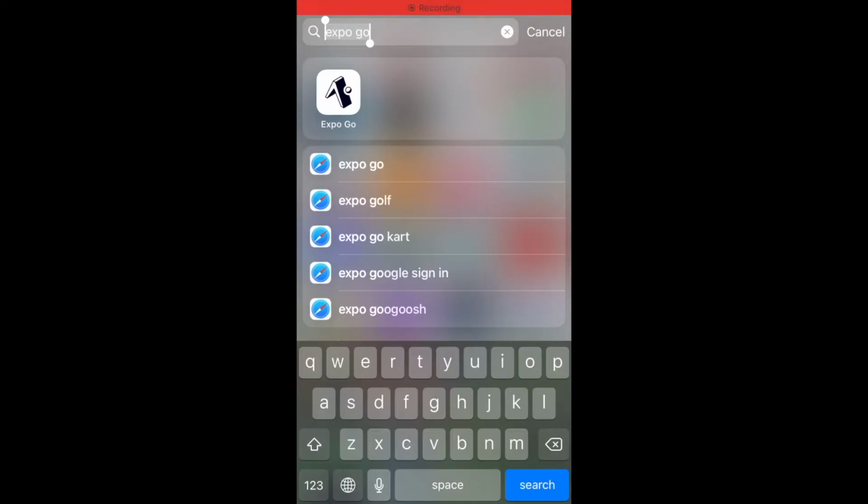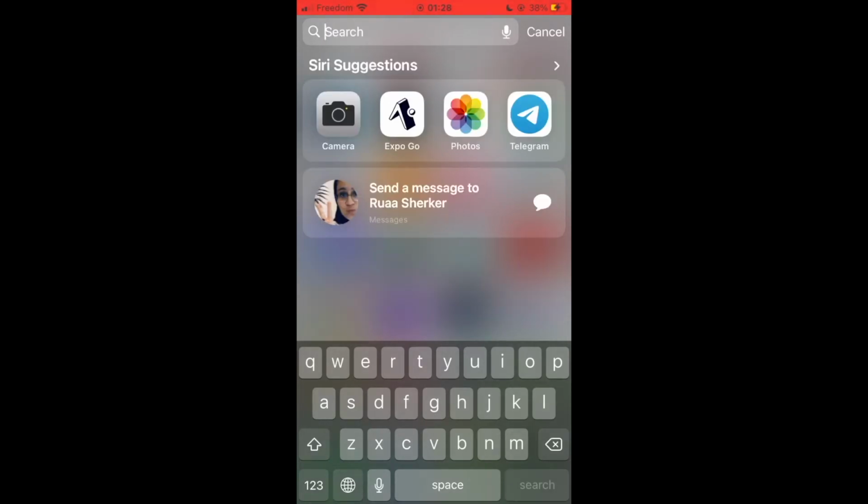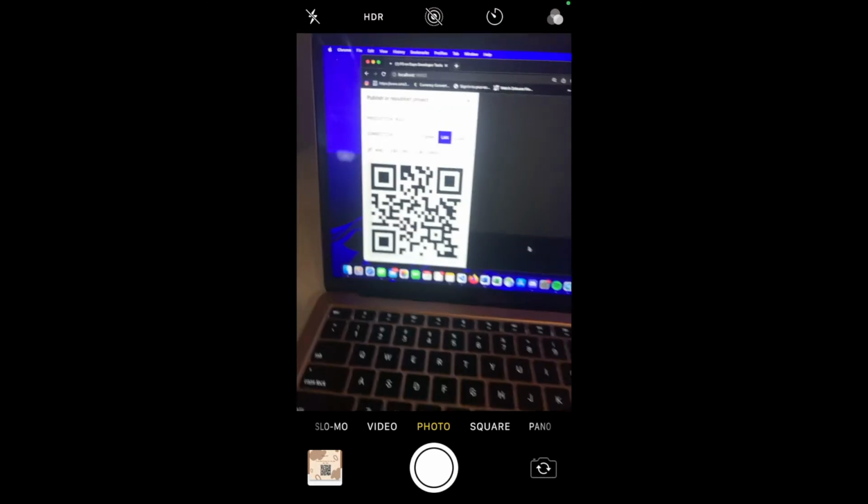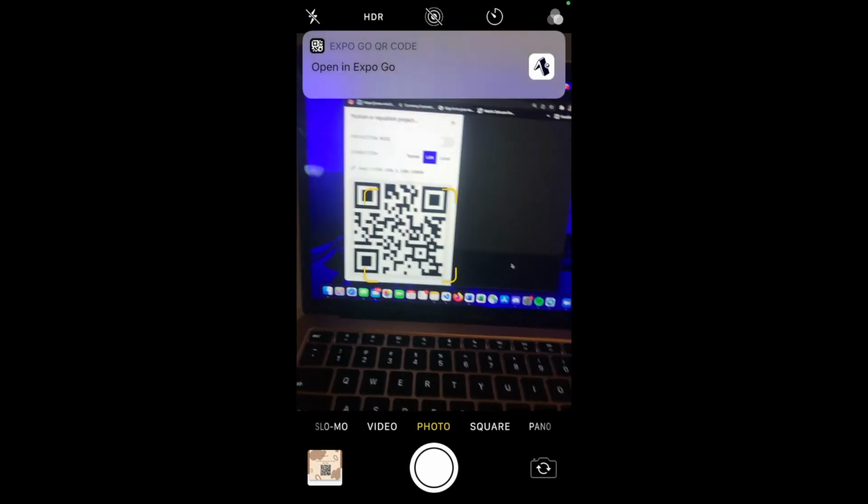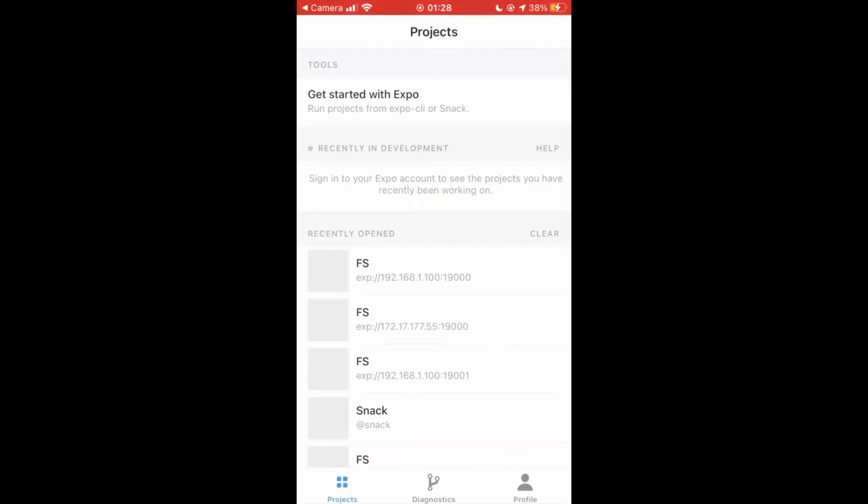Here is a screen recording of my phone. I am showing you the Expo Go app, which is an app you can download, and scan my QR code of my project to deploy my project on your device. Here I am opening up my QR code and launching my project into the Expo server, which opens up the